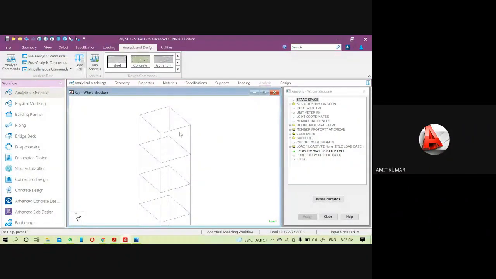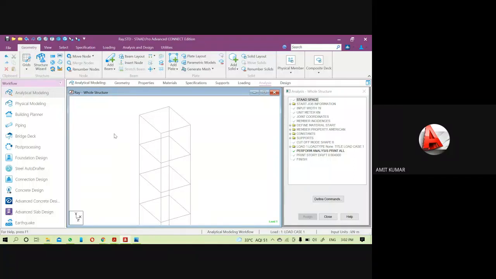Providing the floor diaphragm will take too much time. That means I can share a project with floor diaphragms with you after this session, or I can explain it here also. But defining the floor diaphragm will take place only before applying the load cases.